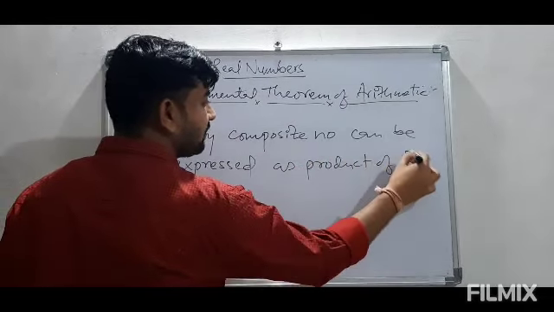The question is: express the following numbers as a product of prime factors. So now let us take some questions, some numbers, like if we take 64, if we take 91, if we take 225, these all are some simple numbers. So now let us discuss them one by one.